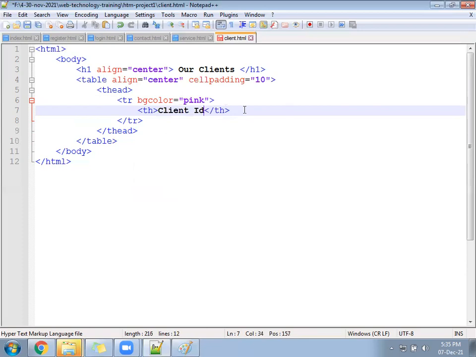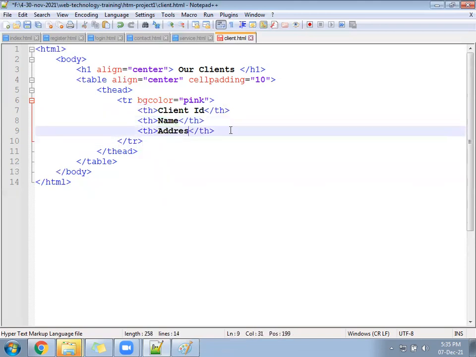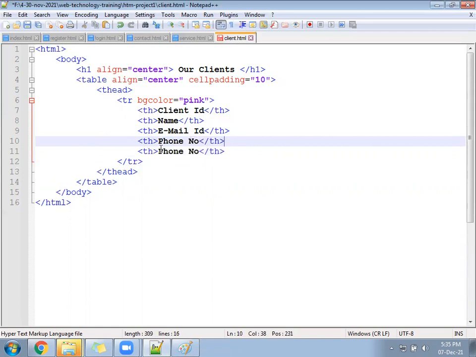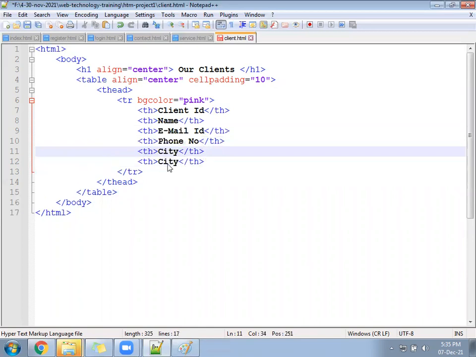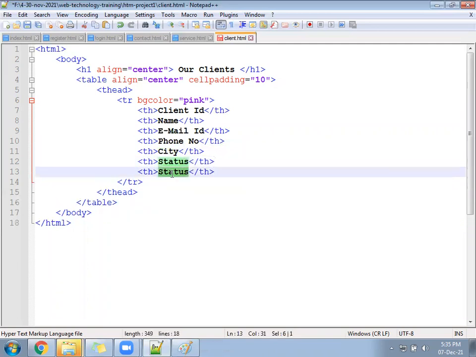Client ID, full name, email, phone number, city, status, and type.